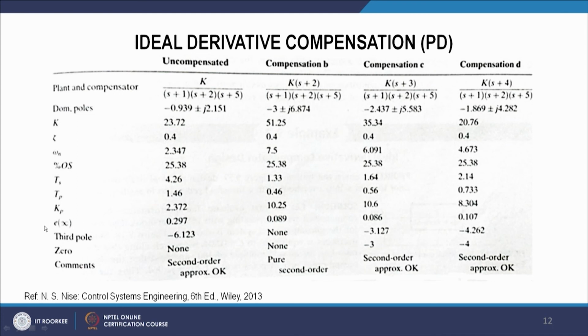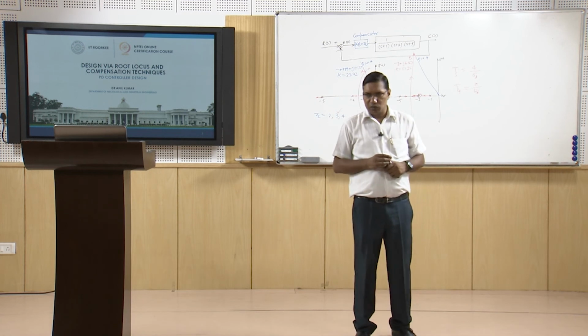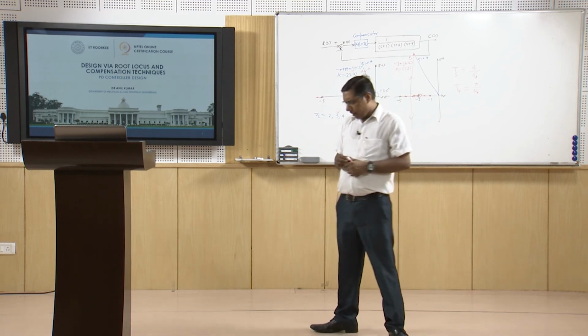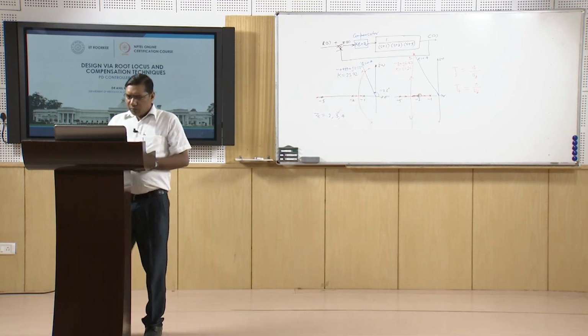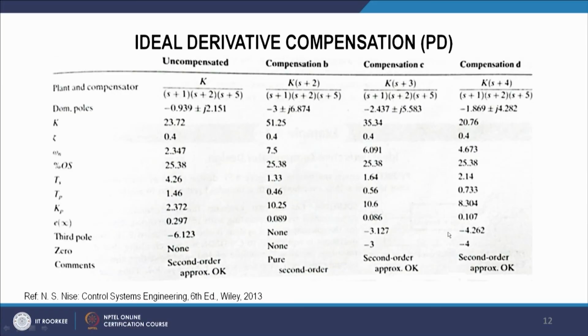Now if we see the steady state error, here it was 0.297, but here it is 0.089, 0.086 and 0.107. So while our target was to improve the transient response using the PD controller, at the same time we were able to also improve the steady state error. But this may not always be the case. It could also be that the steady state error is badly affected by improving the transient response. But in these cases the steady state error is improved, and we see that here the second order approximation is okay,